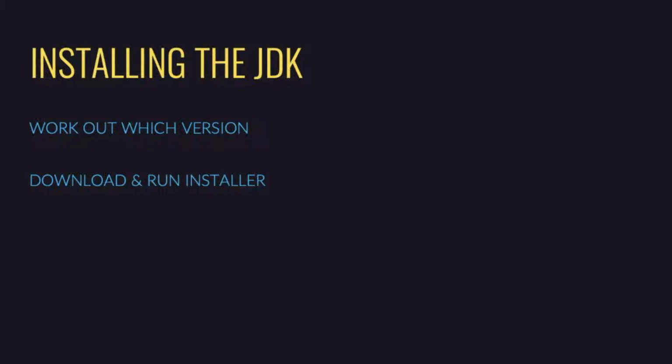We're going to move a bit further, and we're going to see how we can actually install the JDK itself onto our own machines. So in order to install the JDK, we need to do 4 different things, really. First off, we need to work out which version of the JDK we need to install. That means we need to download the right JDK. So if it's the JDK for Windows, download the Windows one. If it's a JDK for Mac, download the Mac one. But even amongst the individual operating systems, there might still be some choices, which we'll see. Next, we need to download and run the installer. This is a really quick process to do.